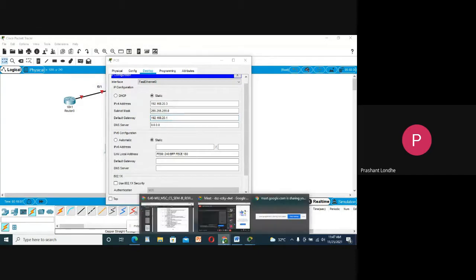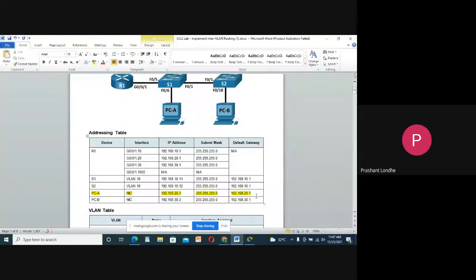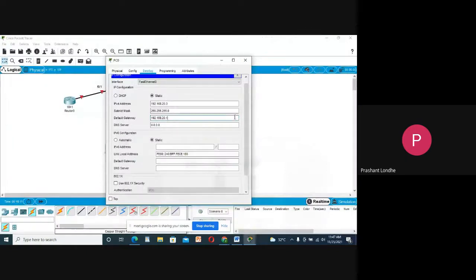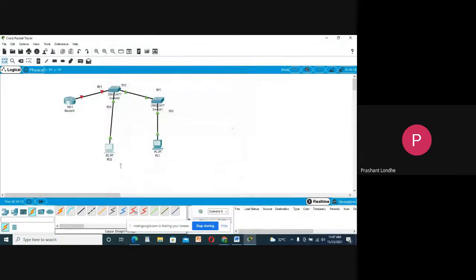Let me check for the default gateway. Yes, it is 20.1. Done. I will change the name of this machine to PCA and this machine to PCB. Change the name of this switch to S1, this switch to S2, and this router to R1.